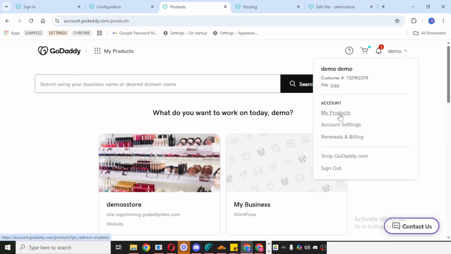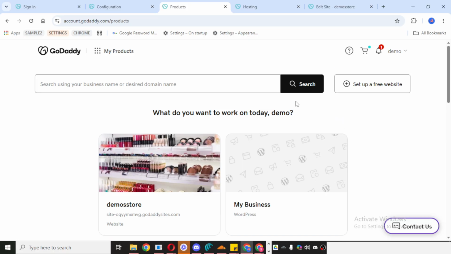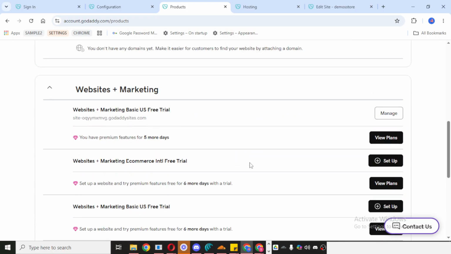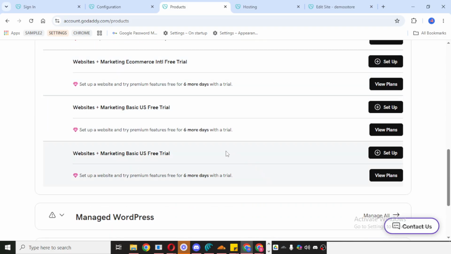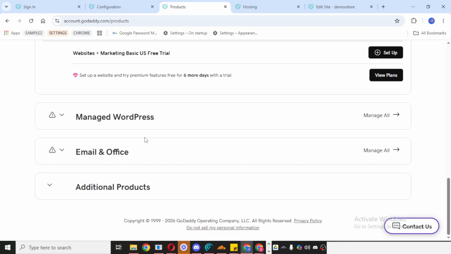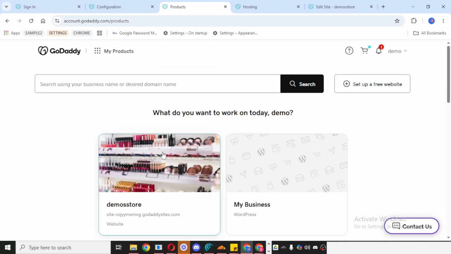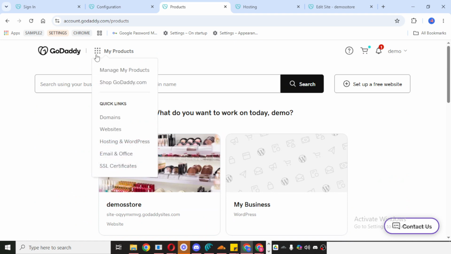When the My Products page opens, take a look through the list of services connected to your account. If web hosting is not visible there, that usually explains the issue right away. It means there is currently no active web hosting plan attached to the account. So if you are expecting to see hosting but nothing appears, the most likely reason is that a hosting package hasn't been purchased yet. To fix that, stay in your account and look for the main menu or navigation icon.